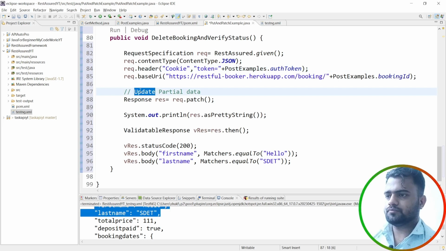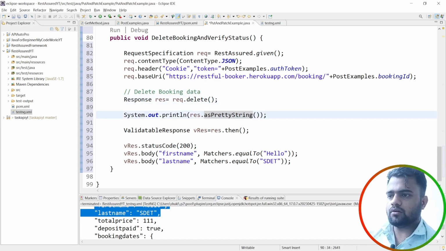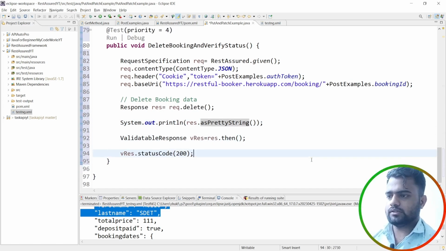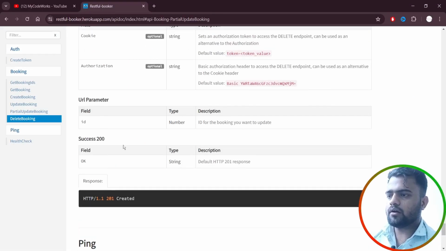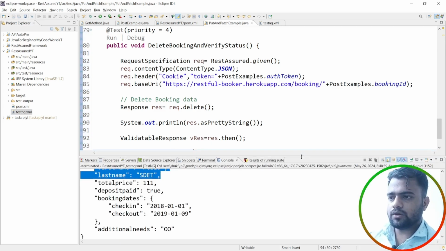Correct. So here, delete booking data. Now let's do one thing, delete. This will perform the delete operation, and we should not get any extra things, but we will get a 200 status code. Okay, 200 status code. So if it is coming, then we can say that the data is deleted properly. Okay, so let's save it, and we are going to run,